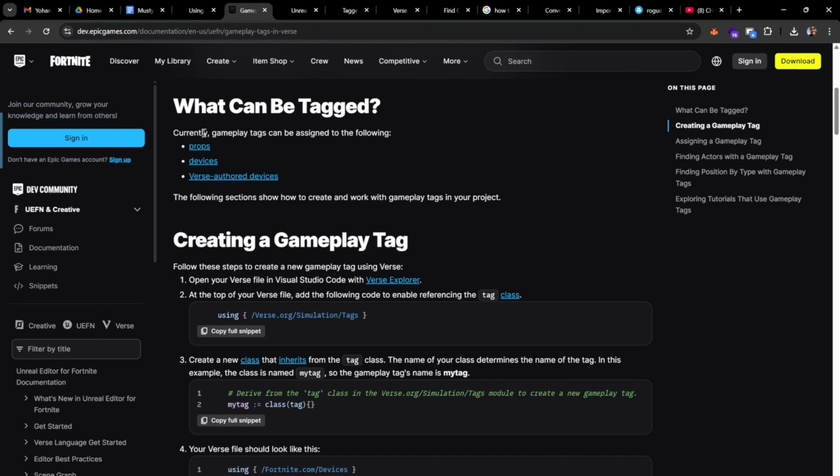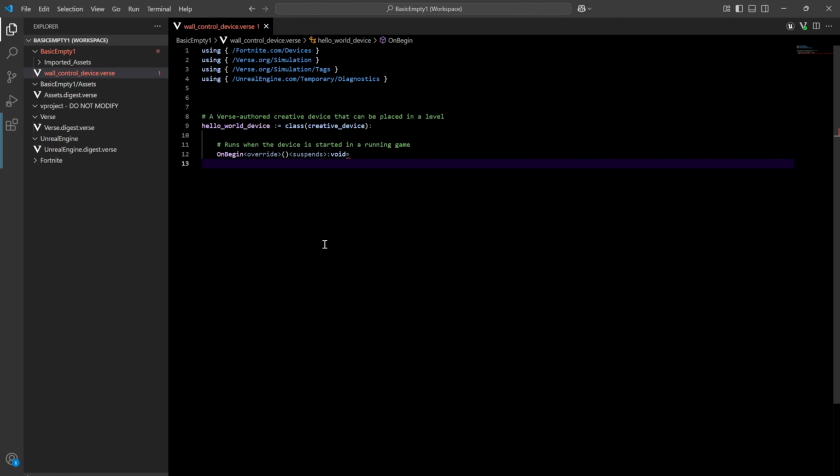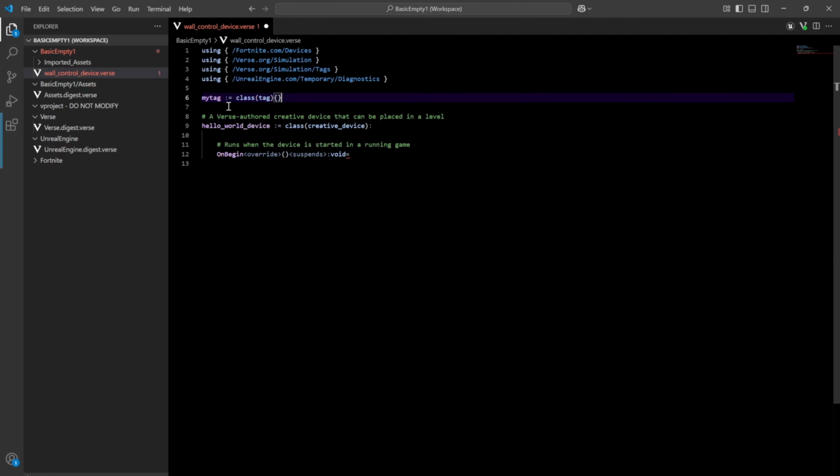And currently gameplay tags can be assigned to the following props, devices, and Verse author devices. So if I create a new tag, so just copy paste this, we'll create it out here, and let's call this wall tag. If I create that,